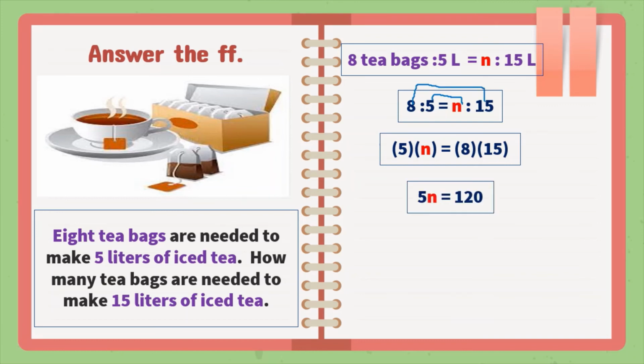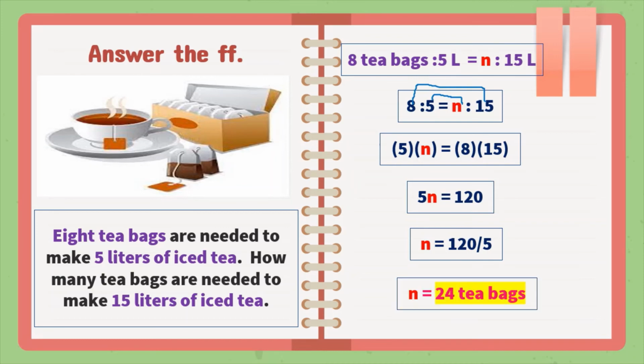So 5N is equal to 120. So both sides we will divide by 5. So 5N divided by 5, that is N. 120 divided by 5 is equal to 24 tea bags. So we need to have 24 tea bags to make 15 liters of iced tea. Next,